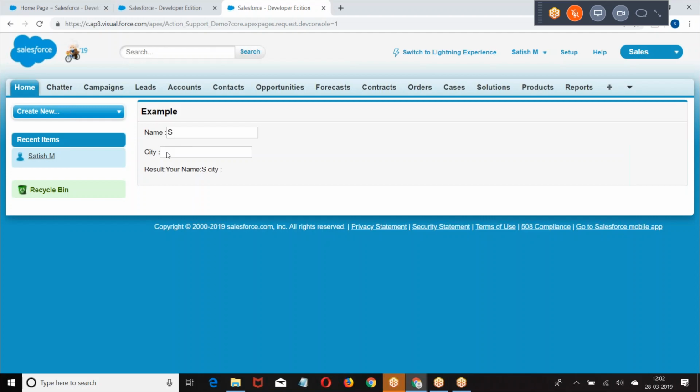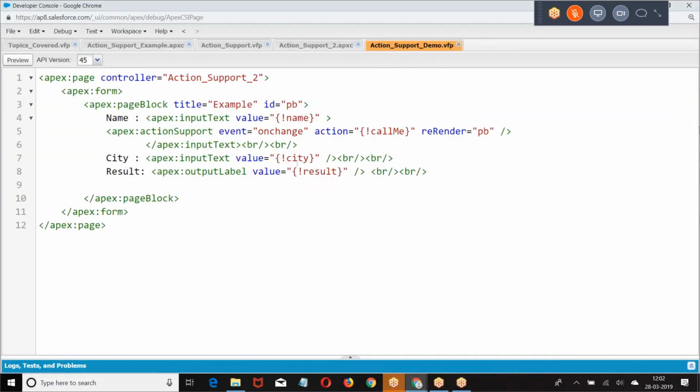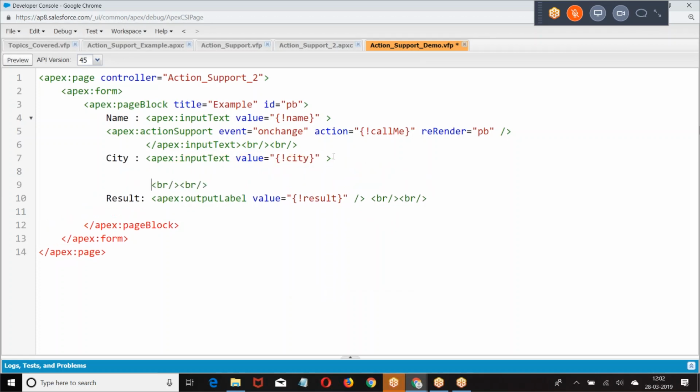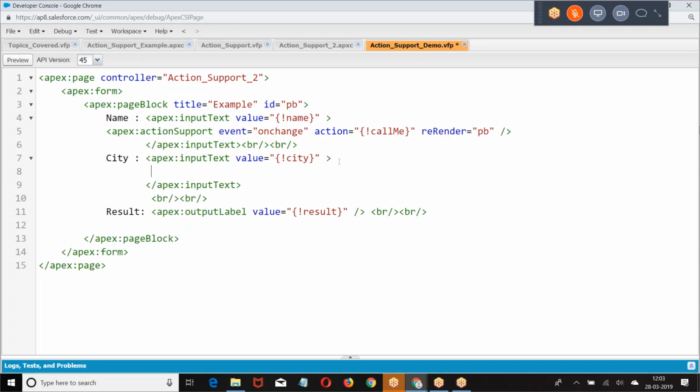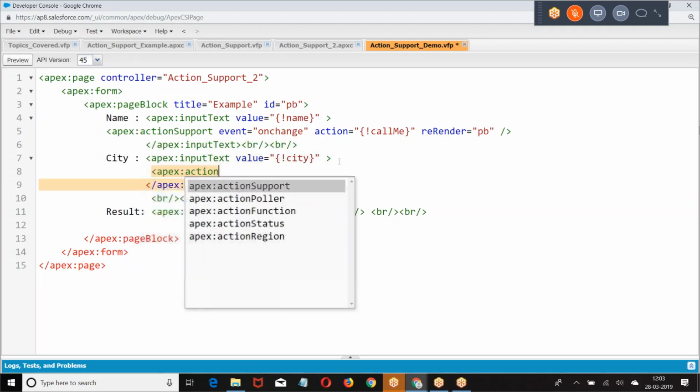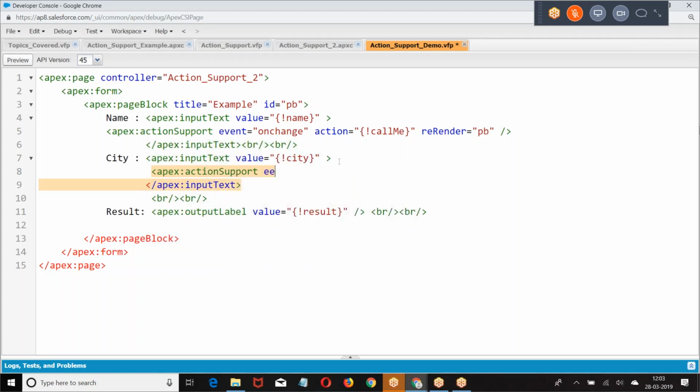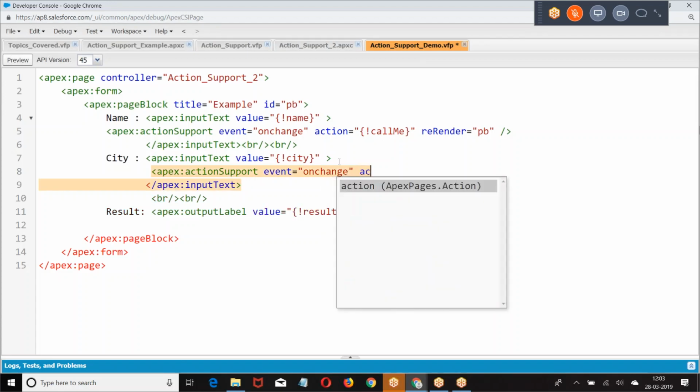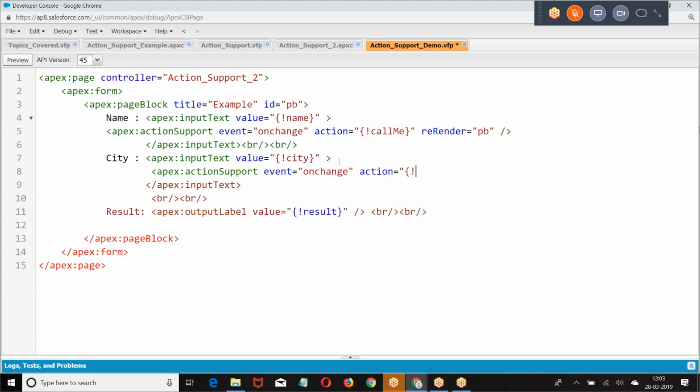Now I want to perform this on a second element as well. Then how will I do it? Change, action.